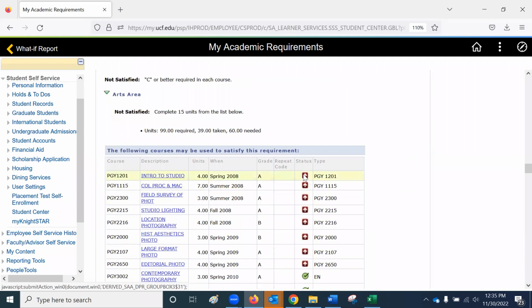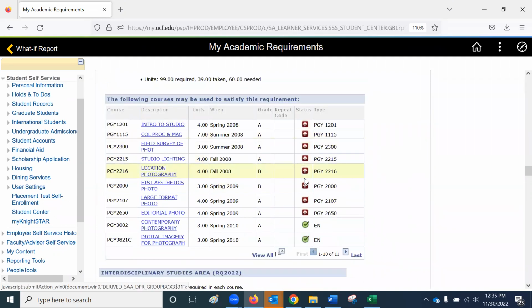So if you have any classes with this icon, it means it's a transfer course. Now there is a limit on how many credit hours can be used within the areas of study if they are transfer credits. So just keep in mind that if an area of study looks satisfied, it may not be. And that's because each area of study requires 15 credit hours, 30 credits in total. Half of the credits must be earned at the University of Central Florida, and half of the credits must be